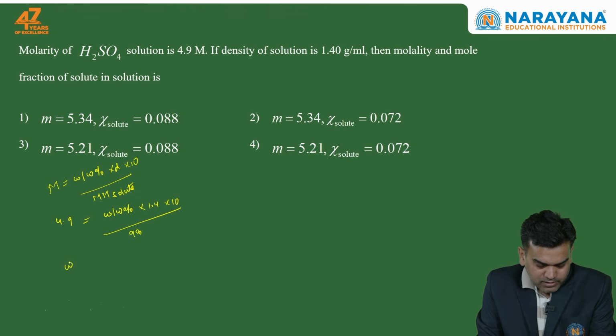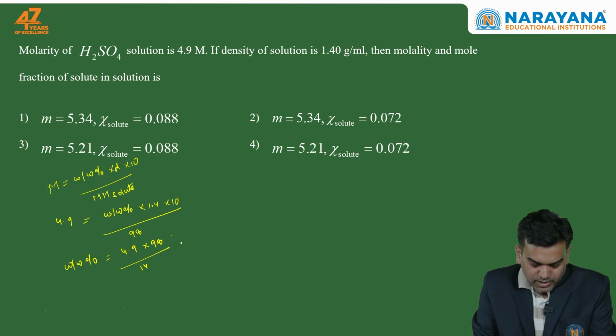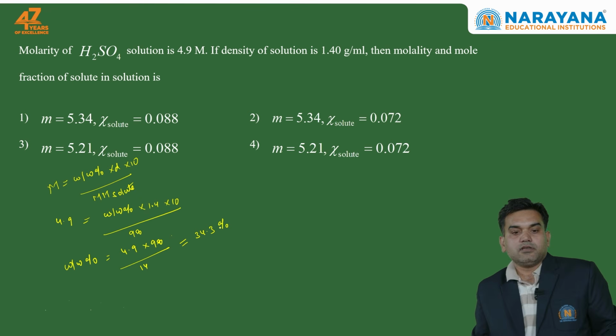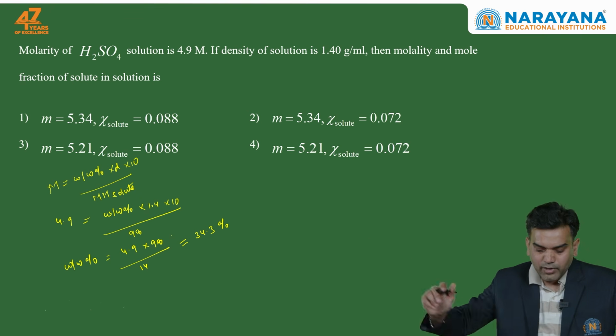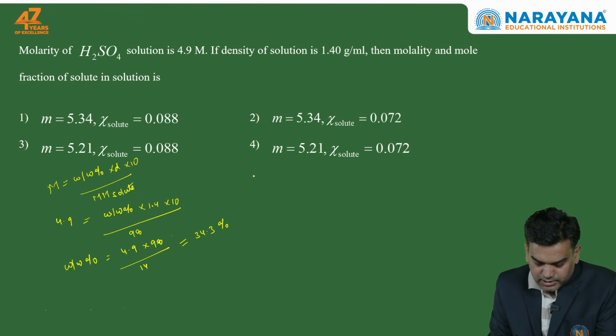If I calculate the weight by weight percentage from here, this will be equal to 4.9 into 98 divided by 14. So this will be approximately equal to 34.3%. So here we have found the weight by weight percentage. Now what I can say, this 34.3% means in each 100 grams,